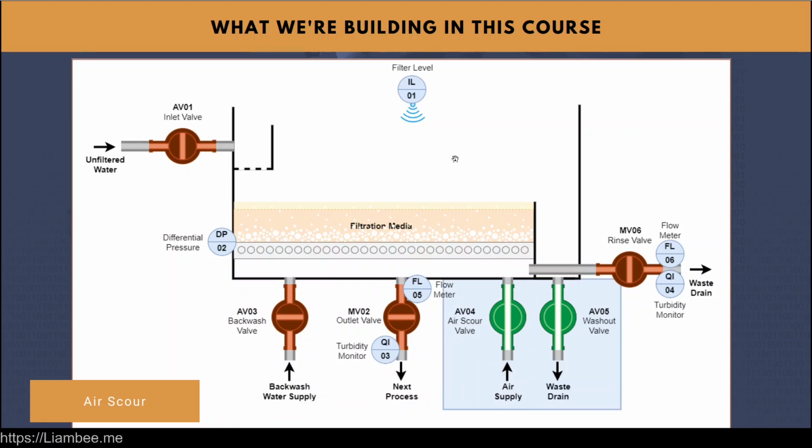If you're in an air scour where we're pumping air through the system, like in reverse, to clean the filtration media, this orange filtration media here, and our level fails, well, do we need our level during that phase? So by having an interlock layer or a management layer that manages the interlocks,